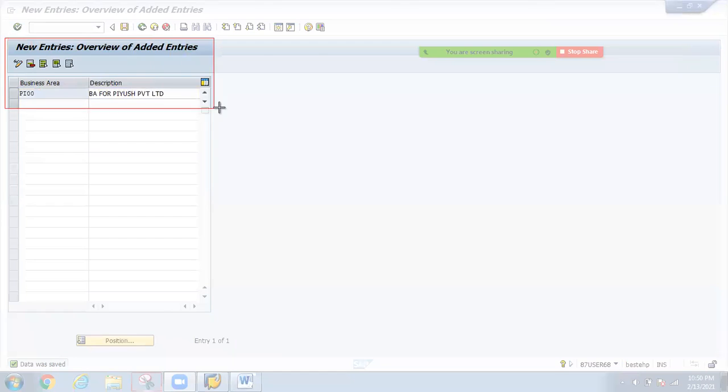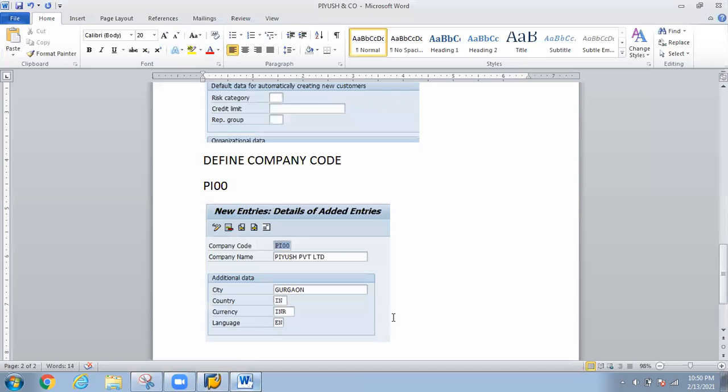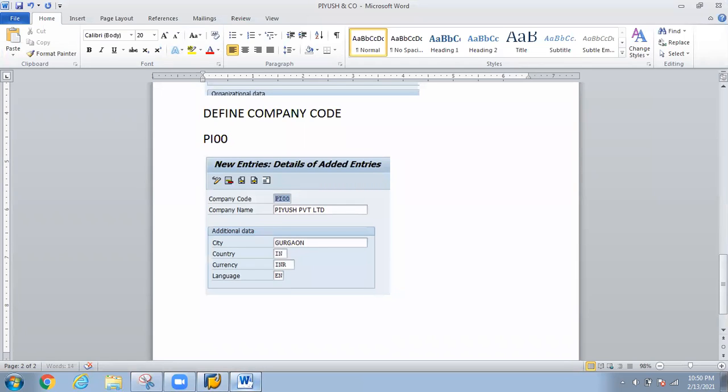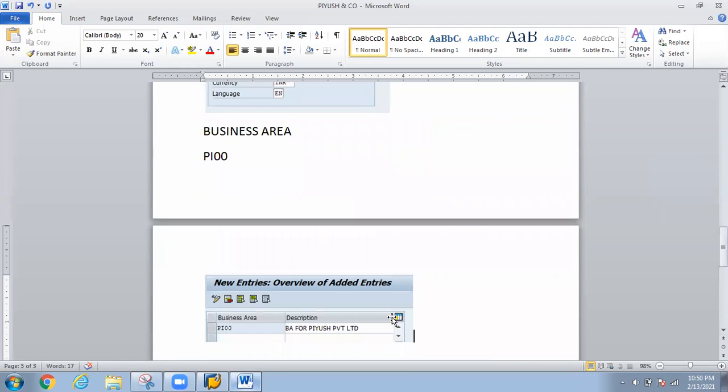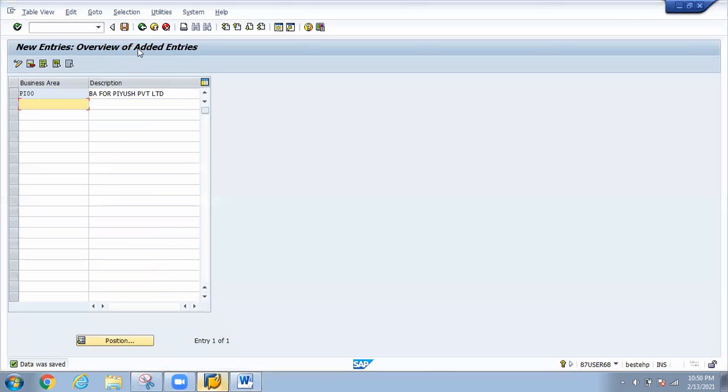Let me copy this. Business area, this is PI00, and I have saved it. So go to the next step.